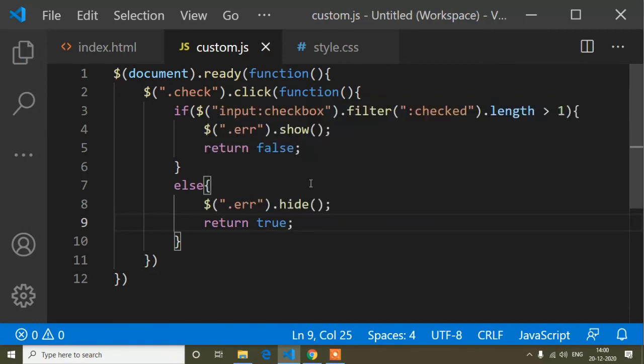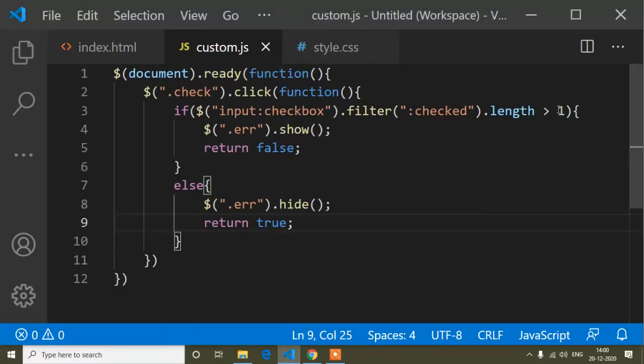Okay, so it's actually done. Now if I refresh, you can see the error is not showing here. And now if I click a checkbox, it's showing upside down, because of what I have written here.